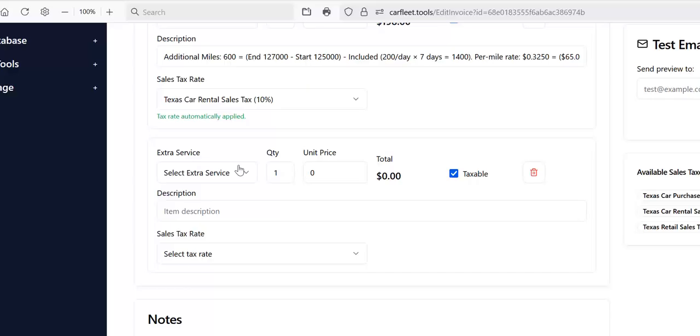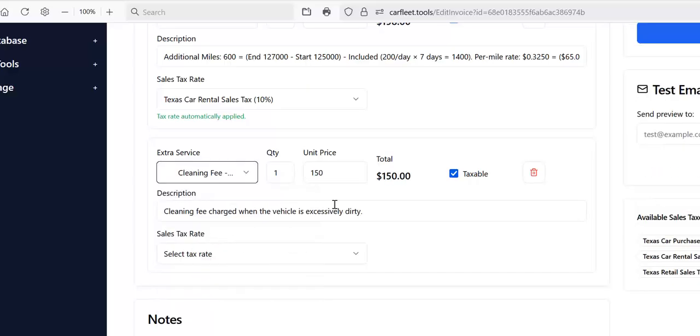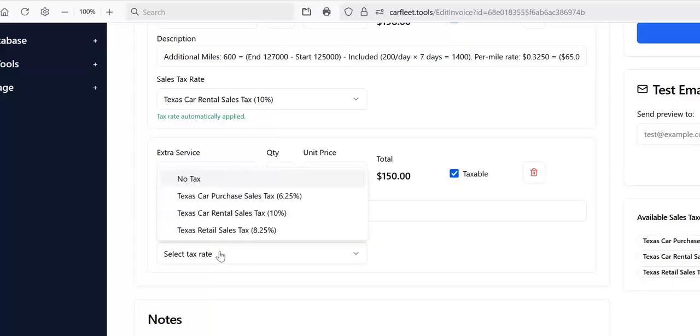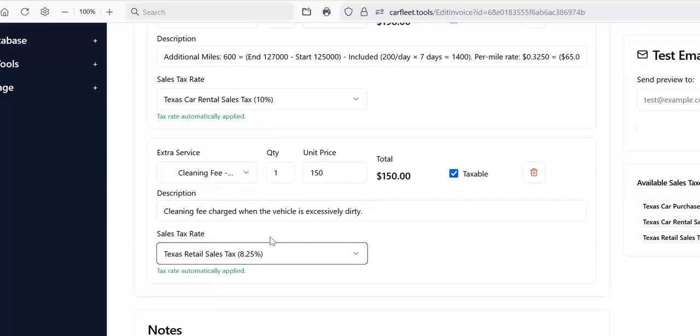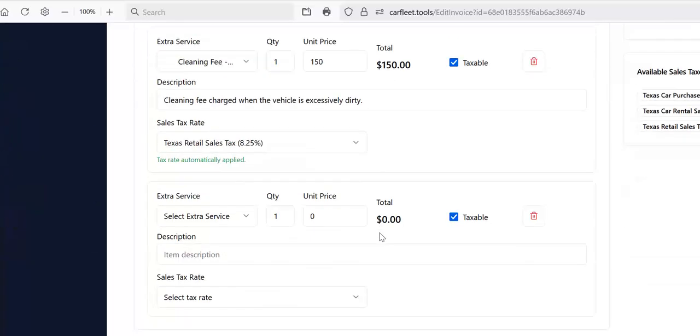So let's say that on this invoice you had a cleaning fee. Maybe there's a sales tax on it. Maybe there's not. You can just leave it off if you don't want to. So maybe there's a retail sales tax. So you can add another item, another additional service. So maybe there was